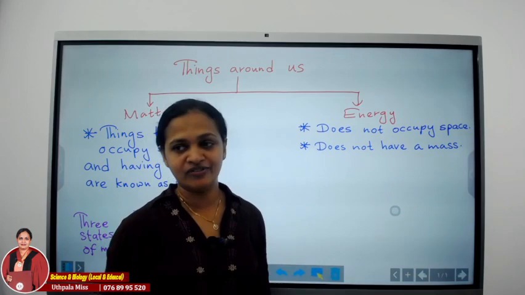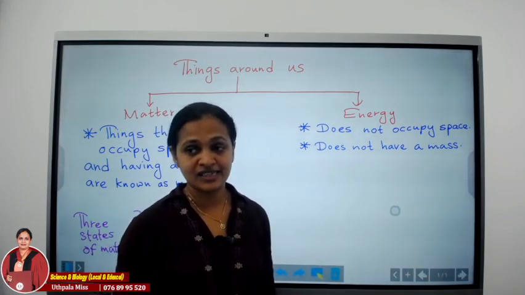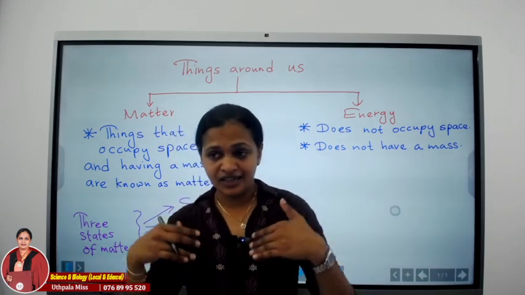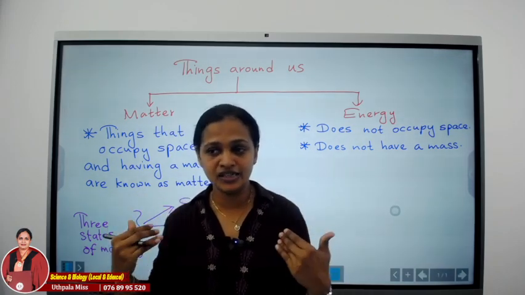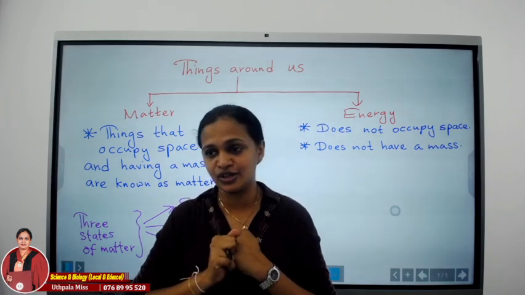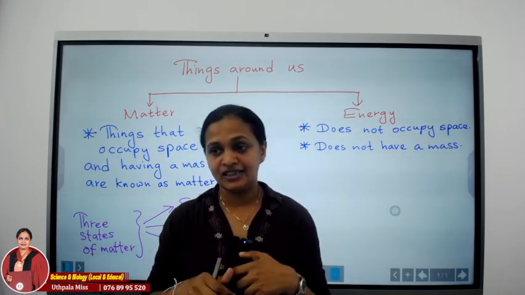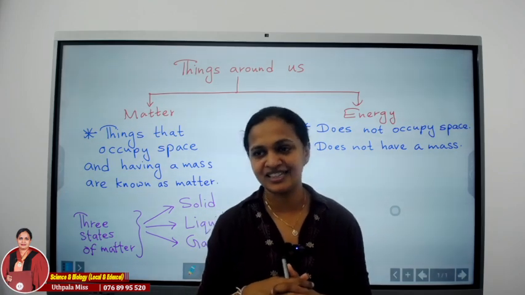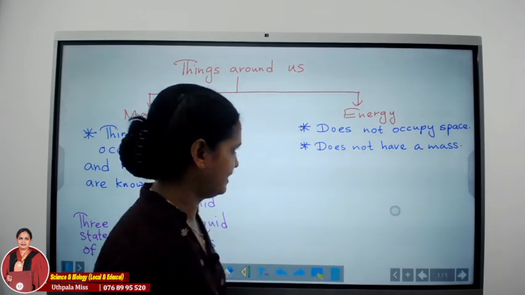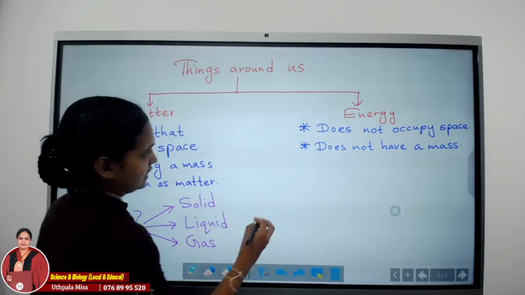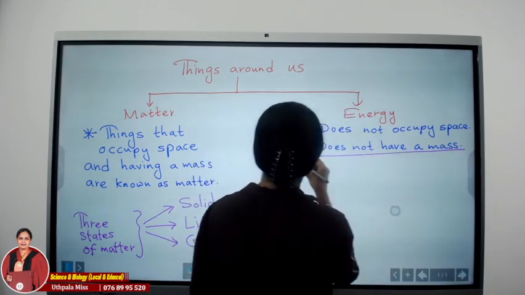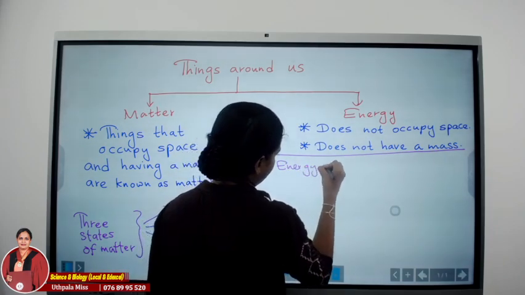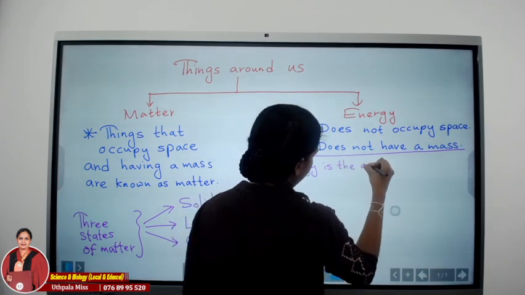Energy is needed to do the work. We define the term energy as the ability to do work, right? Now, we as human beings, we as organisms, we get energy because of the food that we have taken. That food is stored in the form of chemical energy in us, right? So you can say the ability to do the work is energy. Energy is the ability to do the work.